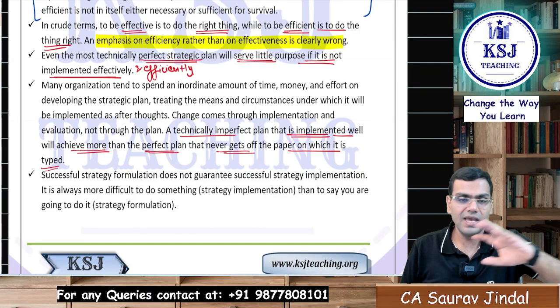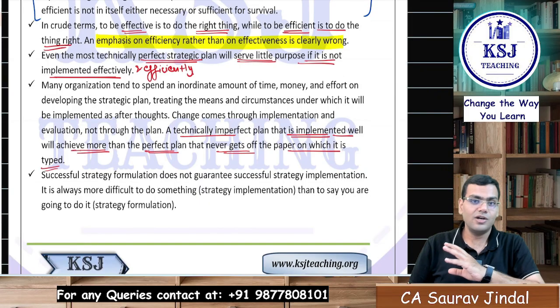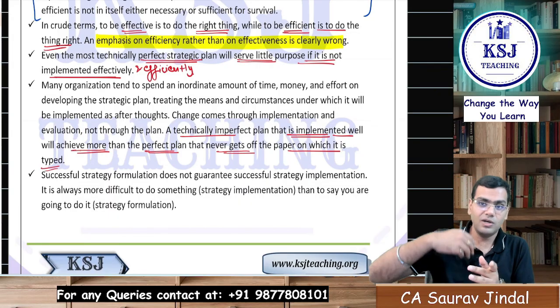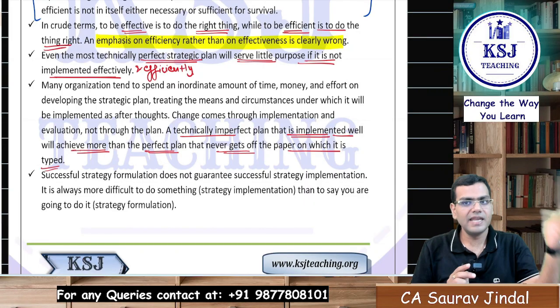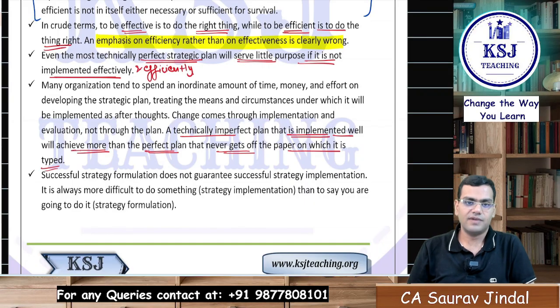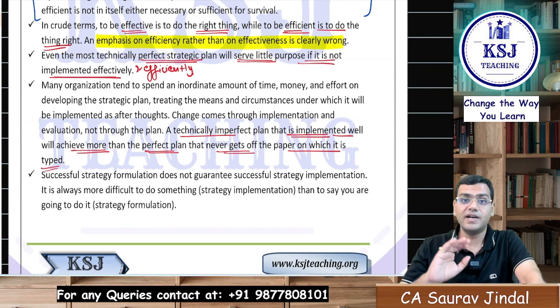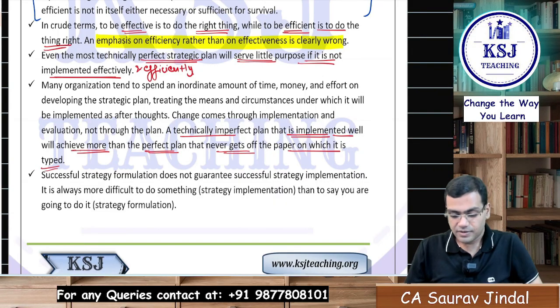He says you make an imperfect plan, you are not good at planning, but you implemented it brilliantly. You made a Goa plan, but you did not go for the hotel bookings, you did not inquire, but once you reach there, you are able to immediately book the hotels and everything. Your planning is not that good, but your implementation is brilliant. Even then you will be able to survive. You will be doing good, right? You will be doing better than having a perfect plan but poor implementation, right?